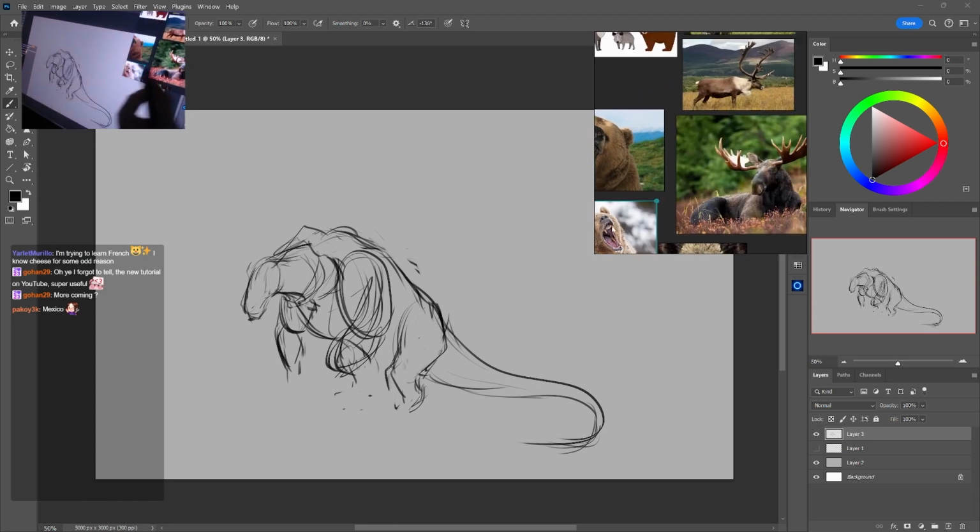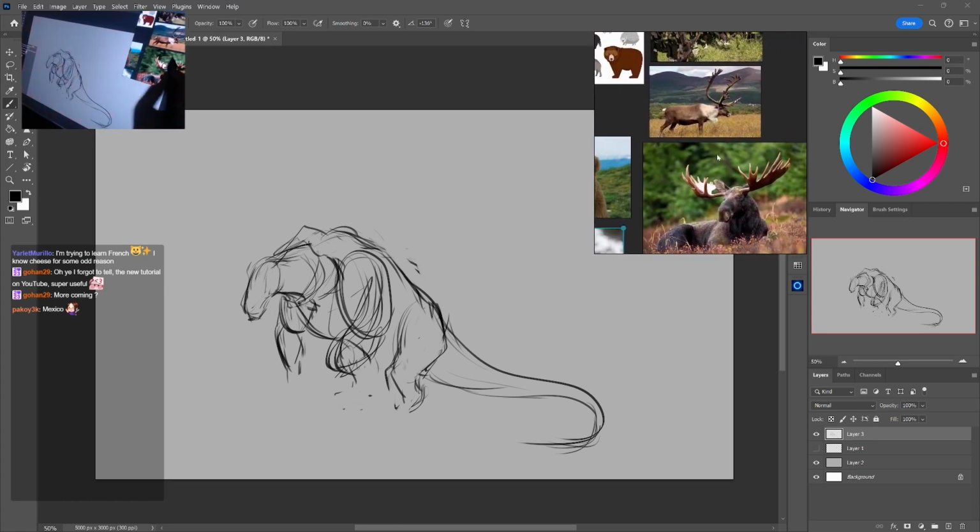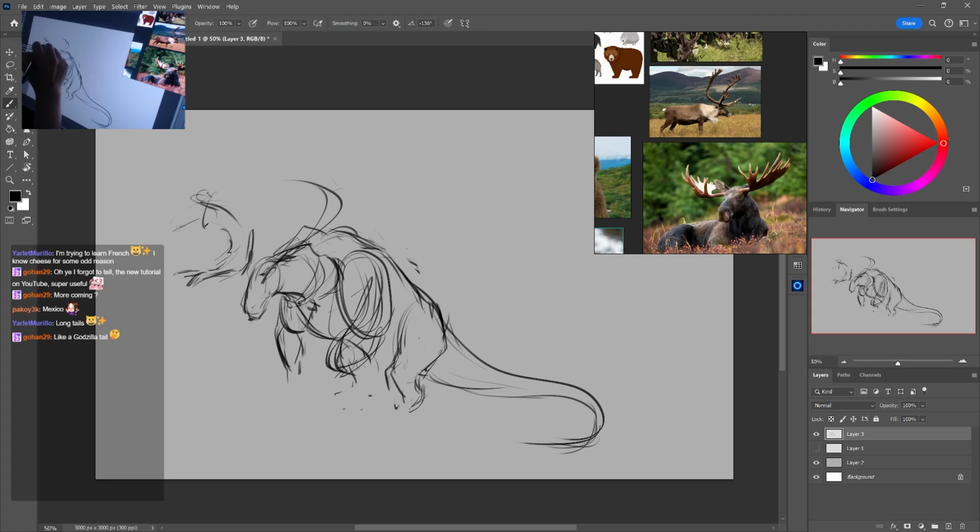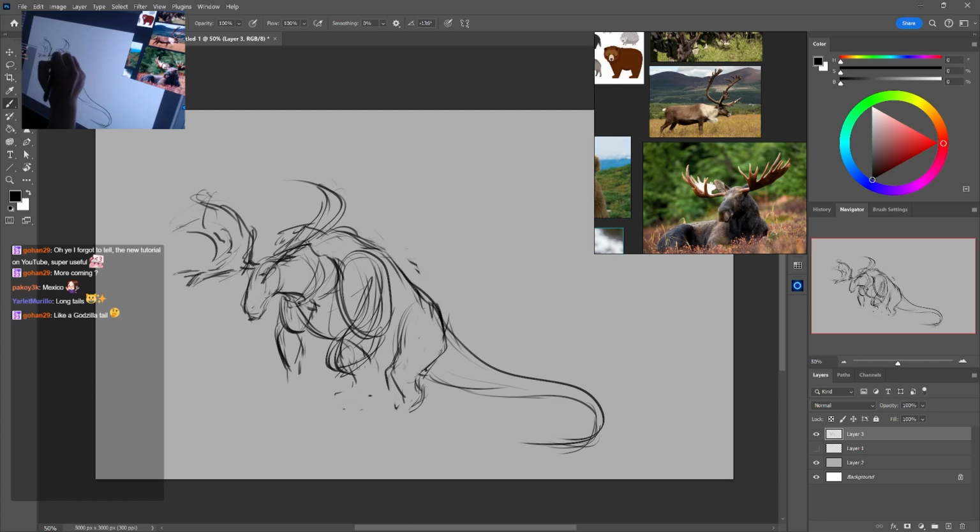So I think I like the shape of both the moose and the caribou antlers, so let's put in both, yeah? We can make the general shape look like a caribou or a reindeer, but then give it a little bit more substance, right? Like the moose horns, kind of like this. And we can also make it a little bit asymmetrical because he's been around for a long time.